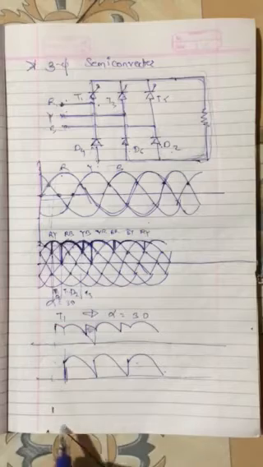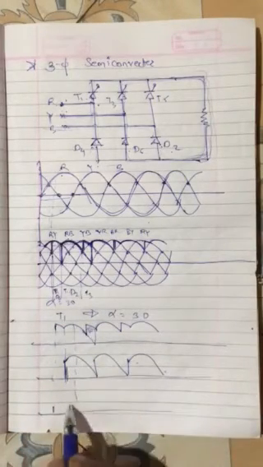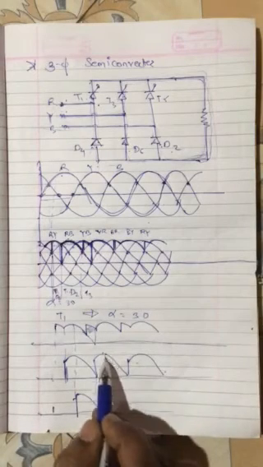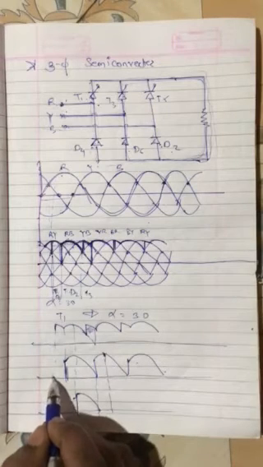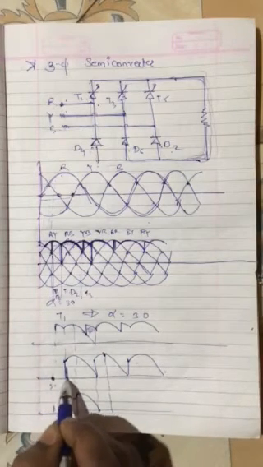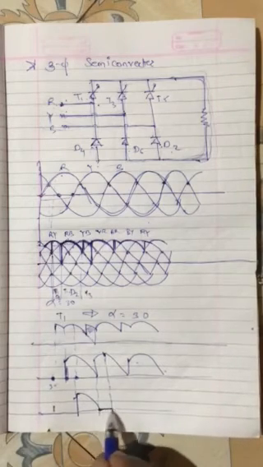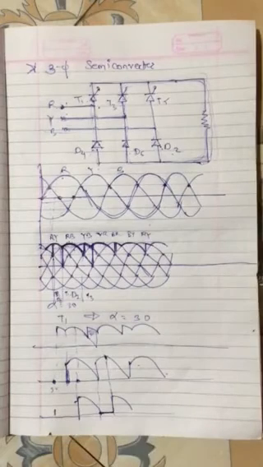And if it is greater than 60, at 90, then what happens? Again, from here it will start to conduct, till here it will conduct. Again, the next firing pulse should be given at this point, right? No, 90, no. See, this is 30, this is 60, this is 90. Okay, so till 90 we will not get any output. From 90 again I will get output. This is how we will get the output. Okay, so I hope you have understood, because it is very important.